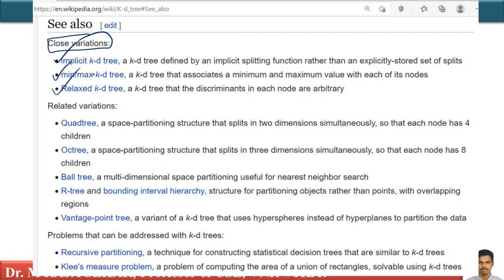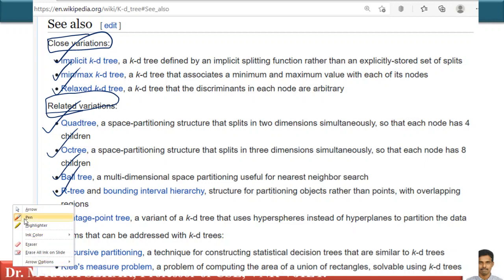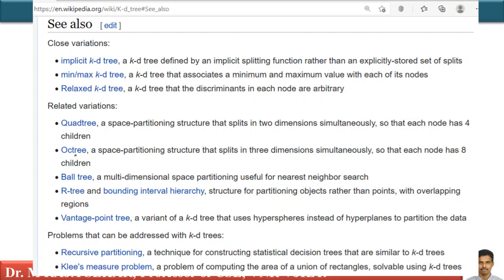There are also some other important variations, known as related variations. They are called quad trees, arc trees, ball trees, R trees. There are different types of trees, even vantage point trees. These are all slightly more important variations. If you speak strictly, there is one important variation of KD tree, that is the ball tree. Where is my ball tree, isn't it? In ball trees, instead of using hyperplanes to separate, we use balls to separate. All these are variations of KD tree.